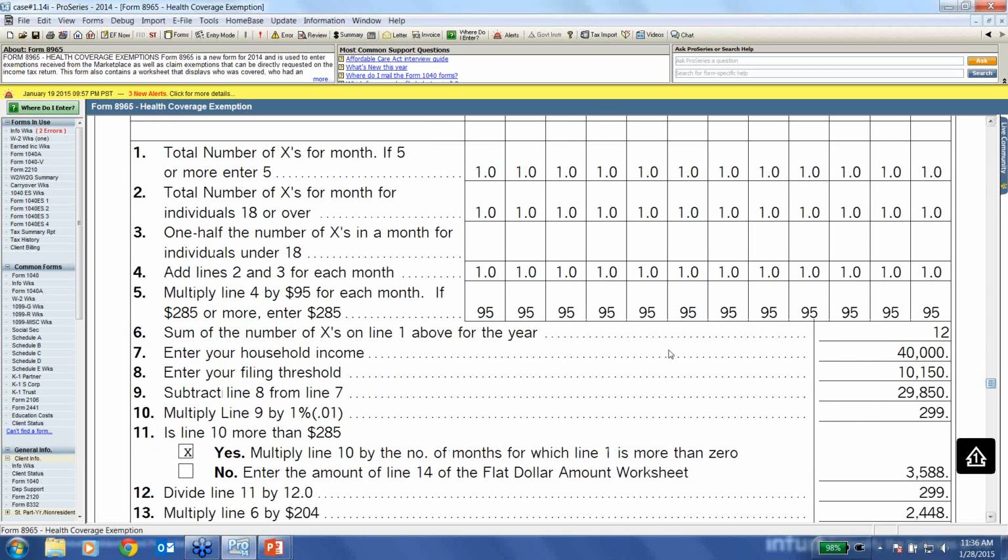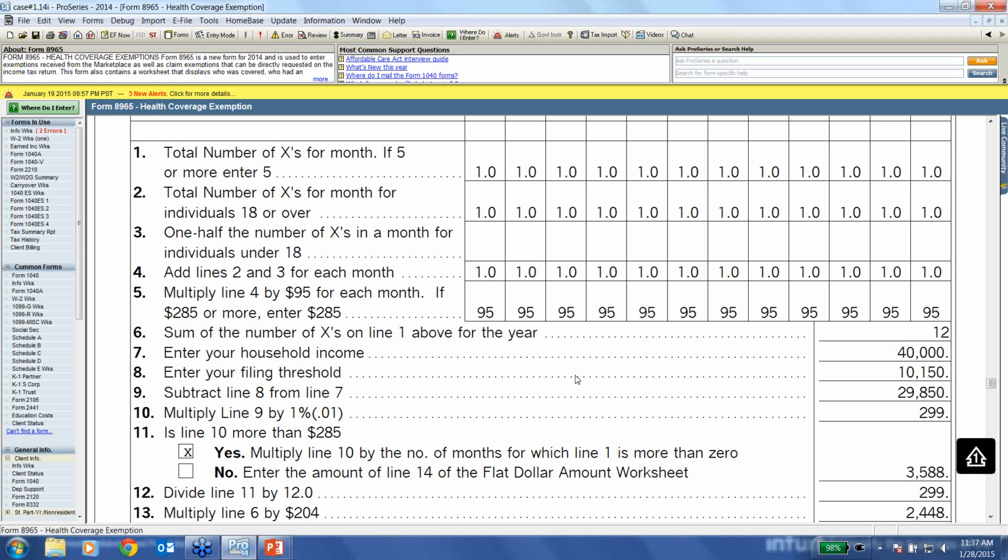Line 6, I'll address in a little bit. They want you to sum up the number of X's on line 1 above for the year. That's a 12. Then we get into household income. For this client, we have $40,000, filing threshold $10,150. That nets out to be $29,850. We're going to multiply that by 1%, and we come up with $299. Line 11 says, is line 10 more than $285? And the answer is yes. So we're going to multiply 10 by the number of months which line 1 is more than 0, and we come up with